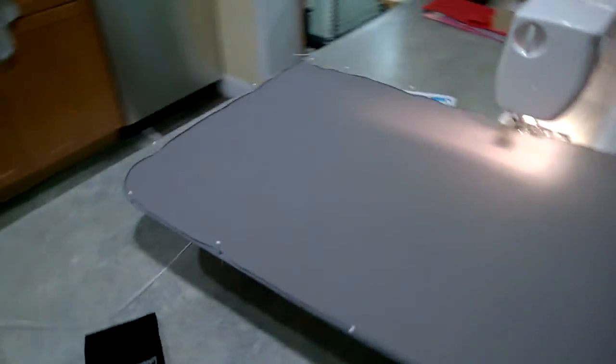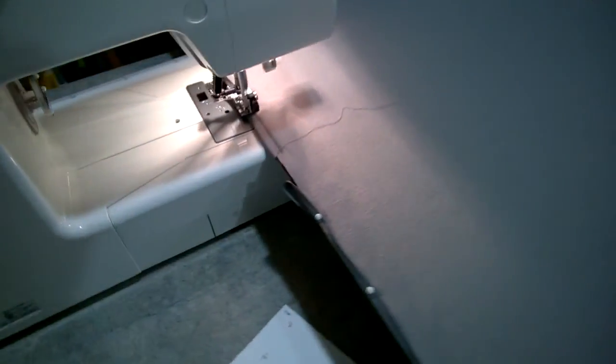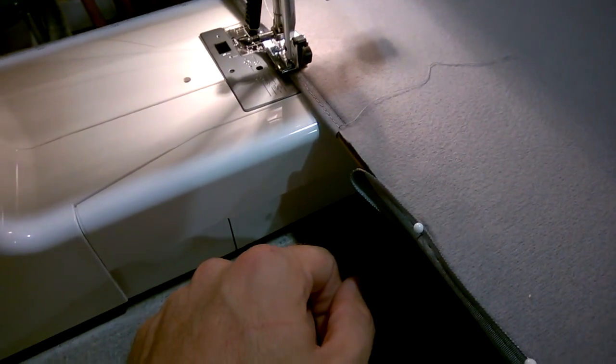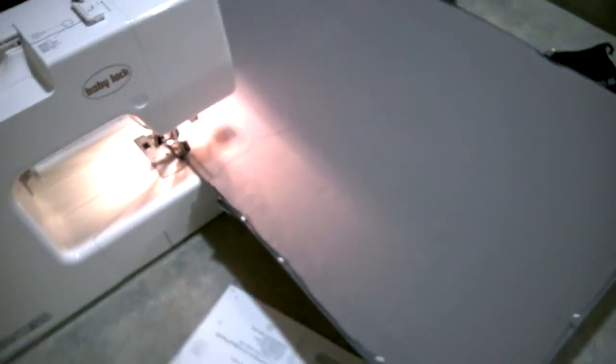And I've already started to sew the seam on there, so you can see how it works. I leave a little bit of this folded over because this will actually overlap a couple inches onto that seam. Now, the reason I say that I'm not doing this with the pedal,